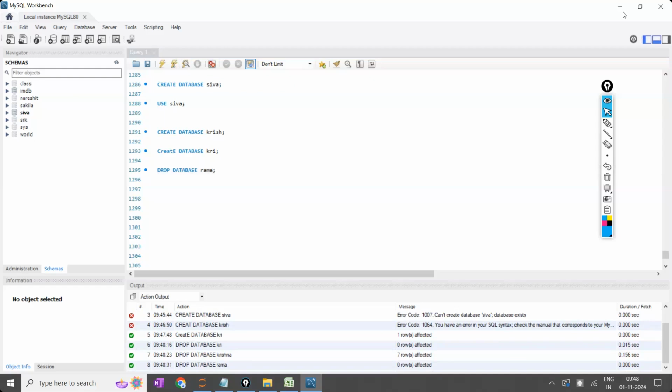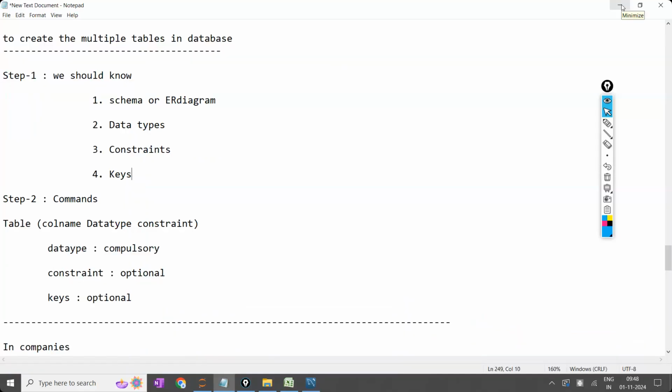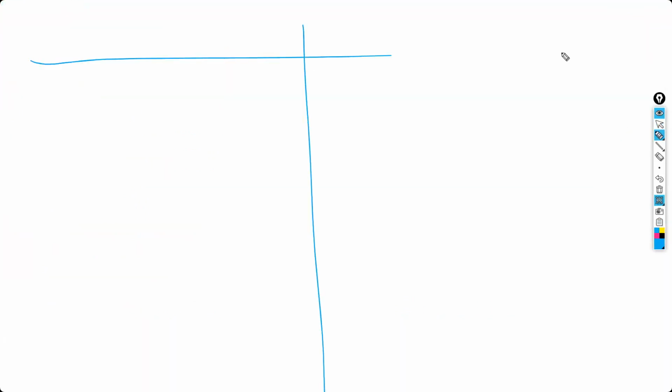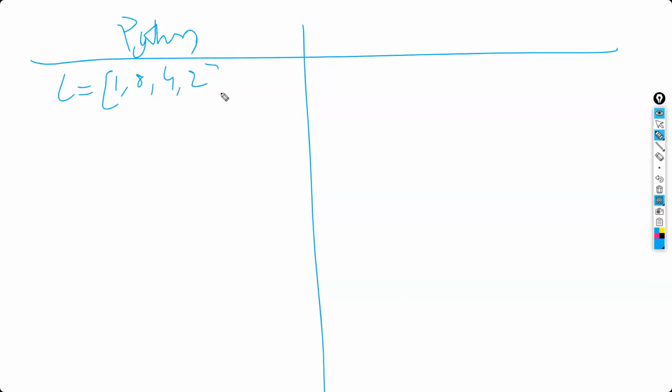Now, here three things are there. Point number one. If you remember in Python, let us go back into Python once. L is equal to 1, 8, 4, 2. Something you are having like this. Now, in this case, first option, L dot remove of 8.